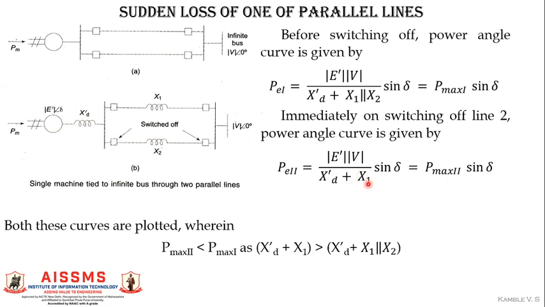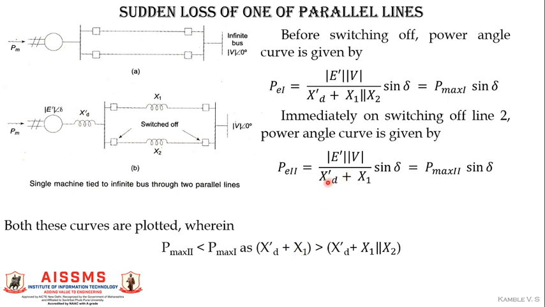And whenever two reactances are connected in parallel, the equivalent reactance is always less than their individual values. So this value, x1 parallel with x2, is lower than x1. As it is in the denominator, PE1 will be greater than PE2, because P max 2 is lesser than P max 1, as x dash d